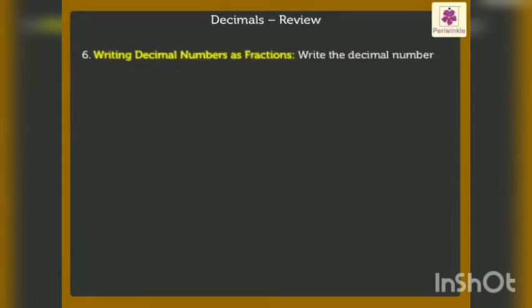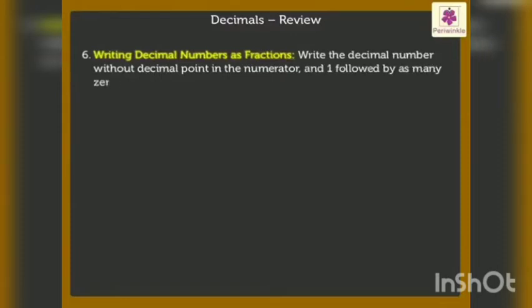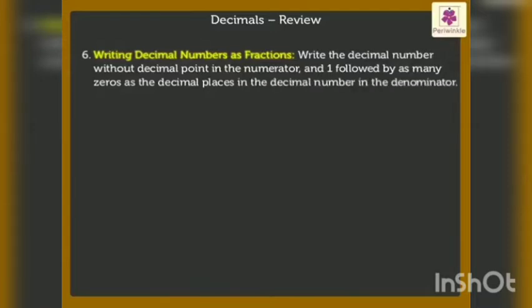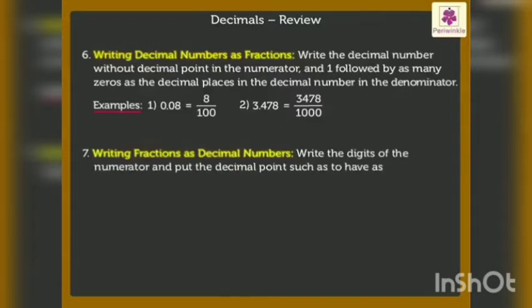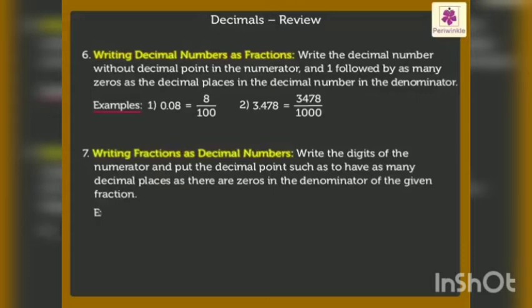Writing decimal numbers as fractions. Write the decimal number without decimal point in the numerator and 1 followed by as many zeros as the decimal places in the decimal number in the denominator. For example, writing fractions as decimal numbers. Write the digits of the numerator and put the decimal point such as to have as many decimal places as there are zeros in the denominator of the given fraction. For example,